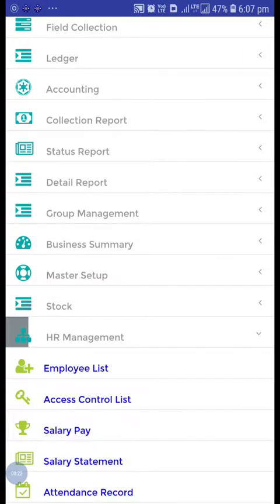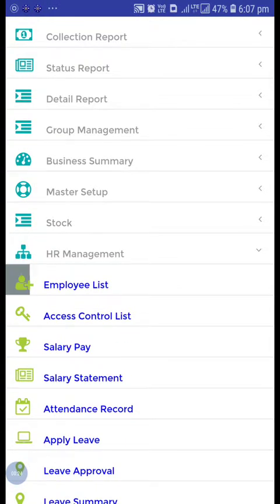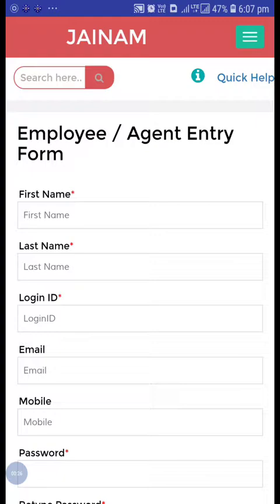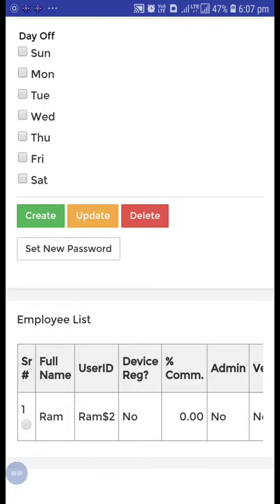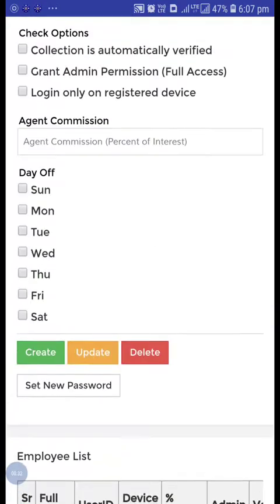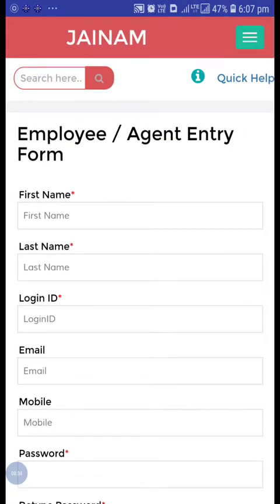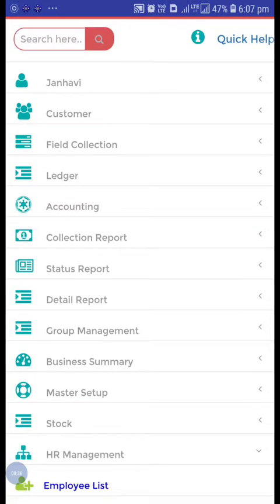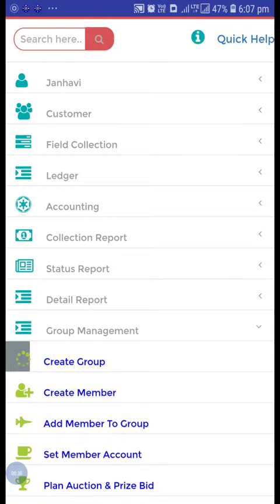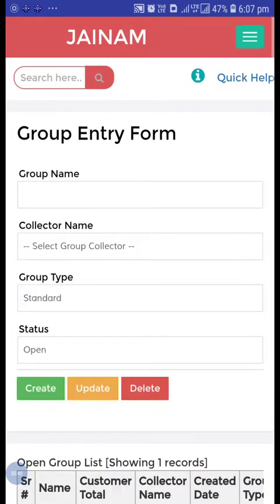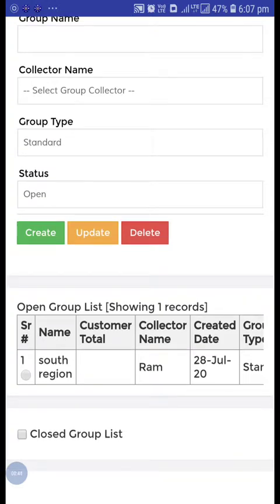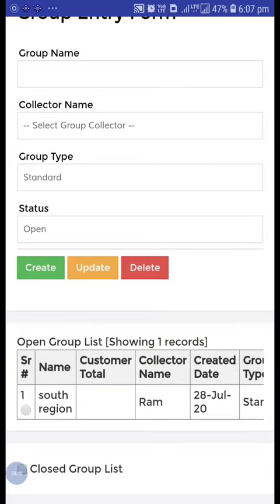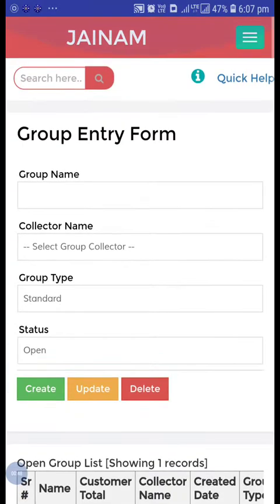So from the HR management, go to the employee list and you can see here the employee form. I have created one employee. After that, from the group management, you can create the group and assign staff to that group. So I have created one South region group and assigned that staff Ram to that group. After that,